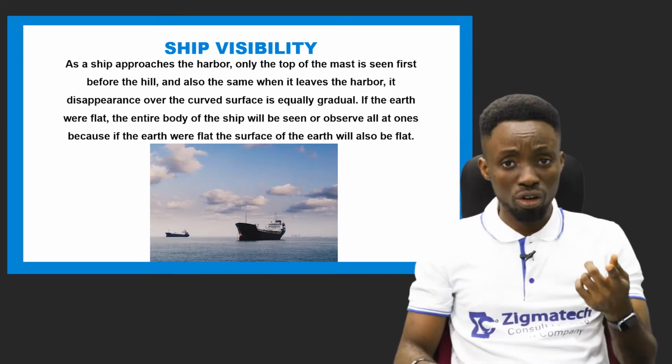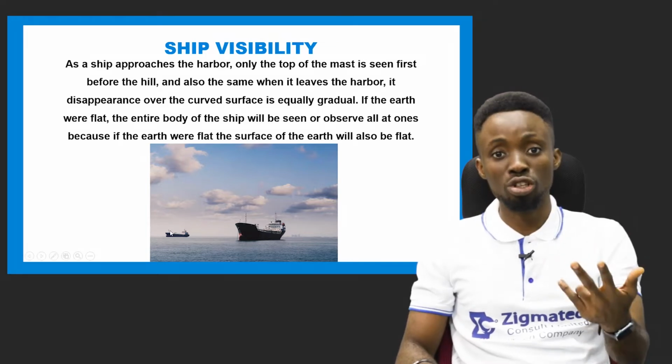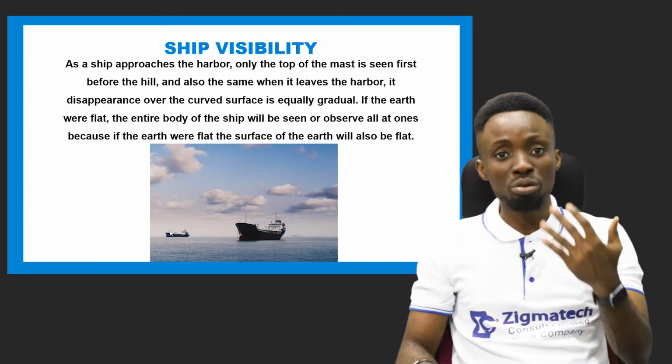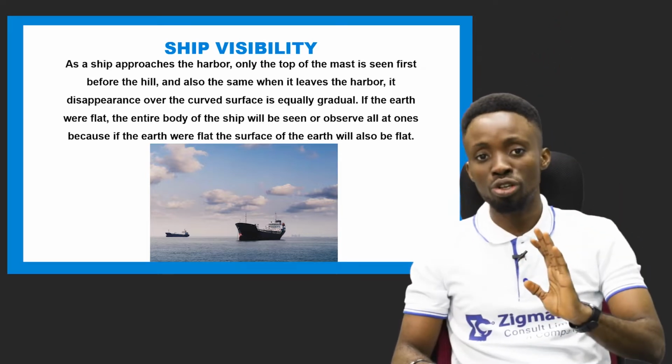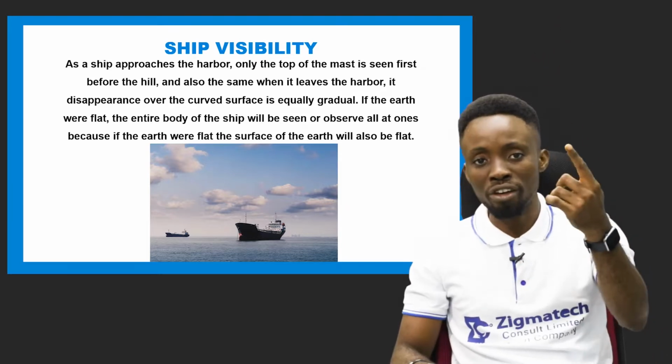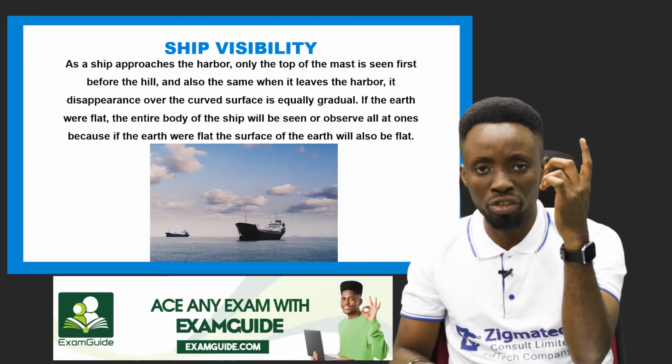Because if the Earth is not curved, such deception will not be noticed. You will just see a ship from afar, you know that that's a ship, and when it's close to you, you also know that that's what? A ship. But from afar, the ship looks smaller with just the mast, then a little part of the body,